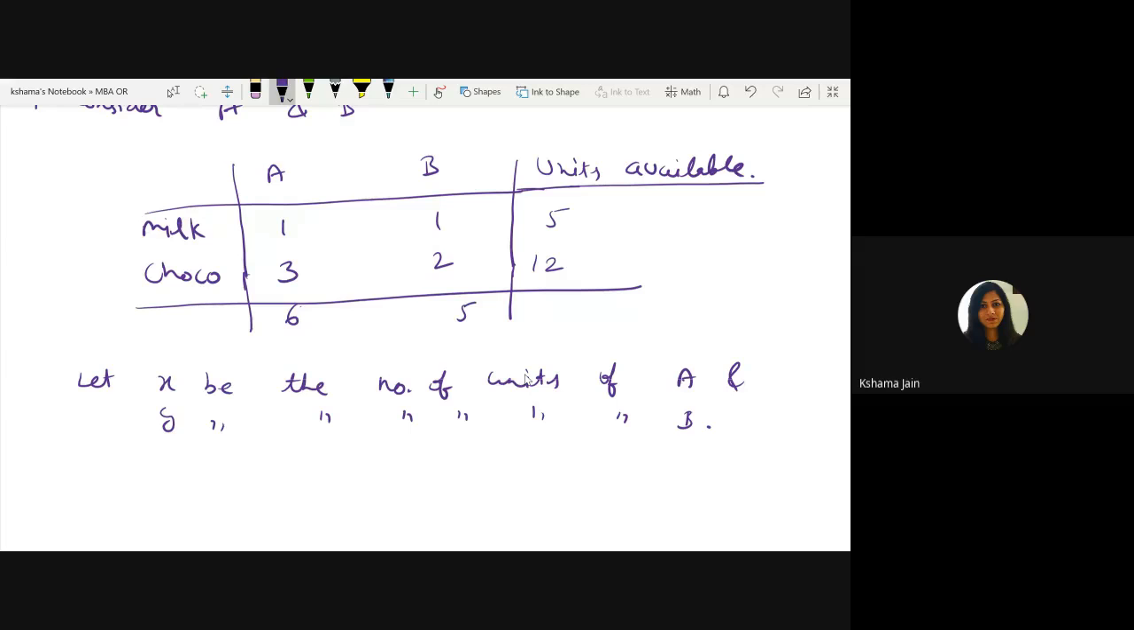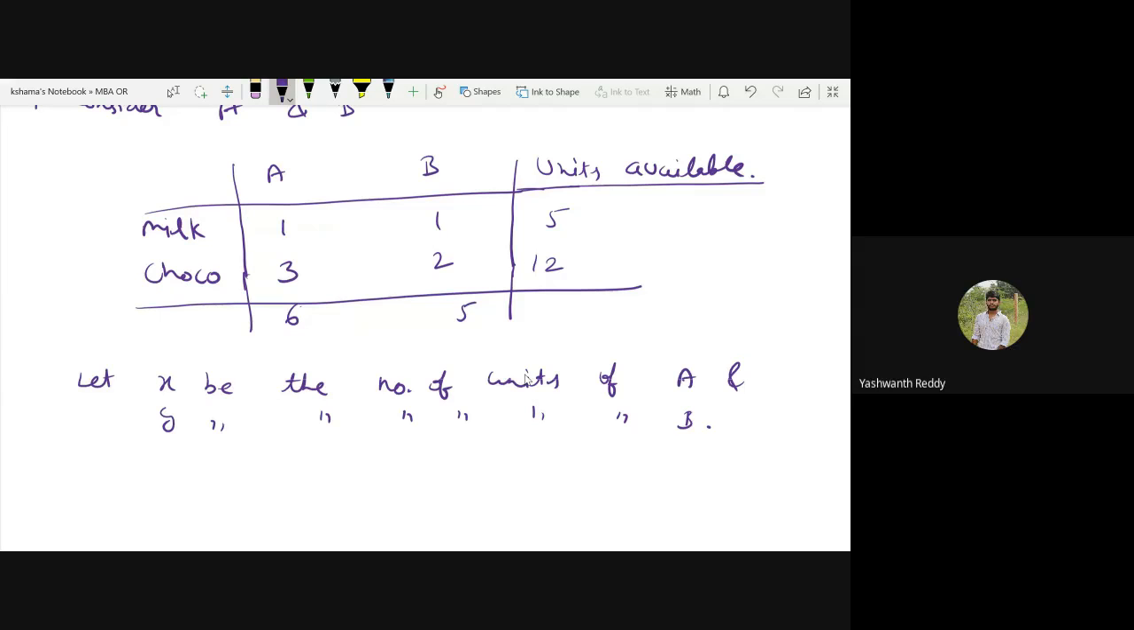So first, let X, you will assume it properly. It's completely your choice. It's not necessary to take X and Y only. You can take X1, X2, completely your choice. But they should be two different variables. So let X be the number of units of